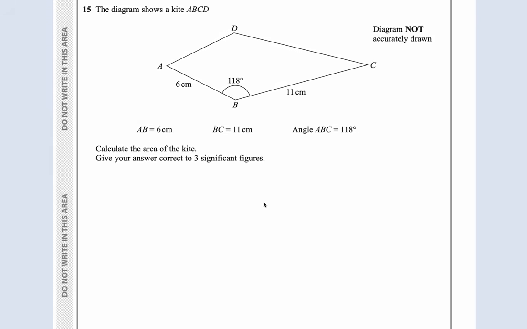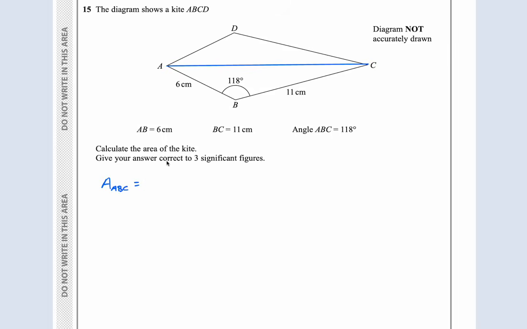Question 15. ABCD is a kite. Calculate the area of the kite. Give your answer to 3 significant figures. Okay, guys, a kite, one of its properties is it's symmetrical. Whatever, guys, it won't let me join that nicely to this to C. So anyway, this is symmetrical. So if I can get the area of this triangle, I can just double it. So the area of ABC